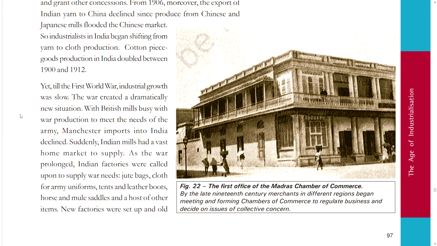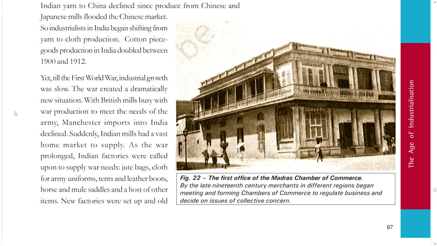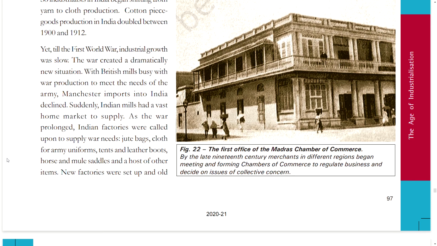The war created a dramatically new situation, with British mills busy with war production to meet the needs of the army. Manchester imports into India declined suddenly. Indian mills had a vast home market to supply. As the war prolonged, Indian factories were called upon to supply war needs: jute bags, cloth for army uniforms, tents and leather boots, horse and mule saddles, and a host of other items. New factories were set up and old